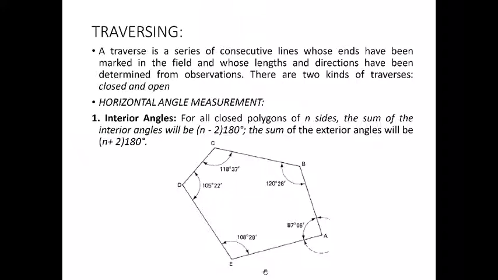We can either measure interior angles of a traverse or exterior angles, and basically how you proceed is that once you have located the points, you place your instrument at any station point. Let's say I place it at station E. I center my instrument above the station point the same way we used to center the prismatic compass. Then, looking through the telescope of the instrument, I locate the station point A. That would be a ranging rod or any leveling staff placed above that station point. And when I bisect that